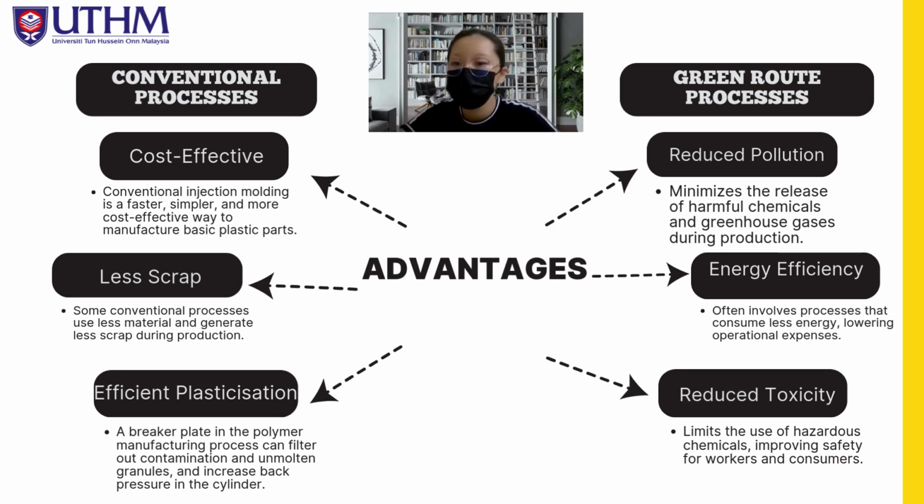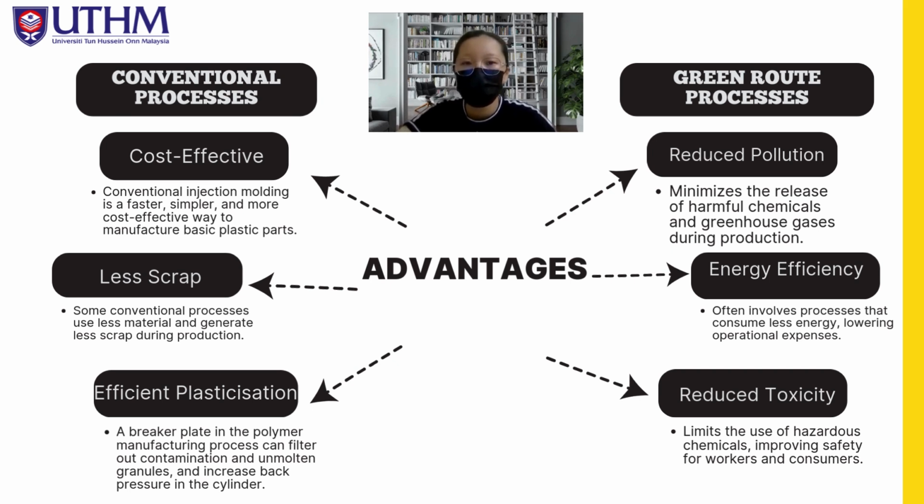The second advantage is less scrap. Some conventional processes use less material and generate less scrap during production. And the last advantage for conventional processes is efficient plasticization. A breaker plate in the polymer manufacturing process can filter out contamination and unmolten granules and increase back pressure in